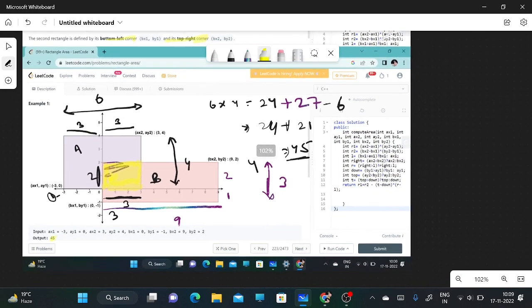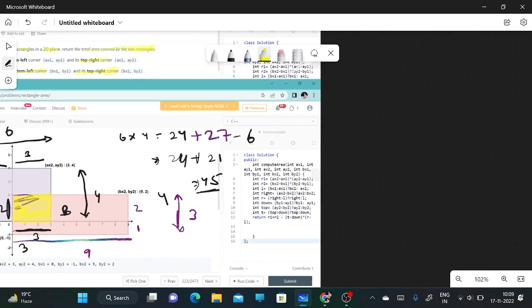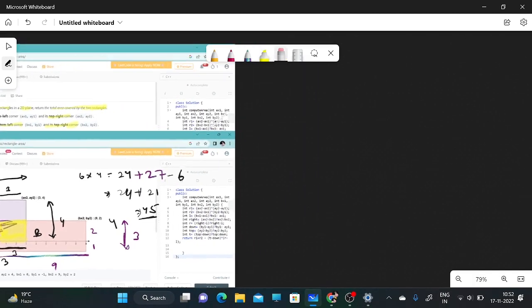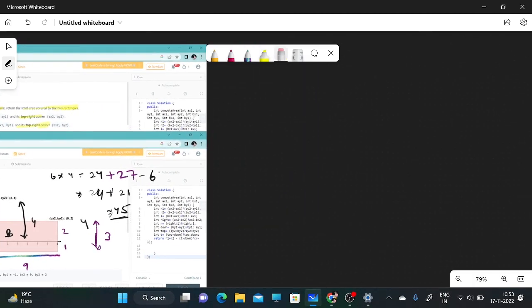You must have understood the question part. Now I will explain the logic. Now I am giving you three conditions which can happen in this question. The first one is our rectangle can be like this, right? And the second one is it can be like this, and the third one is